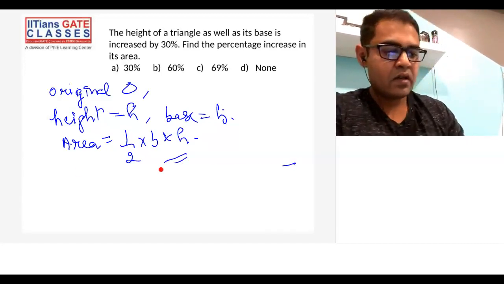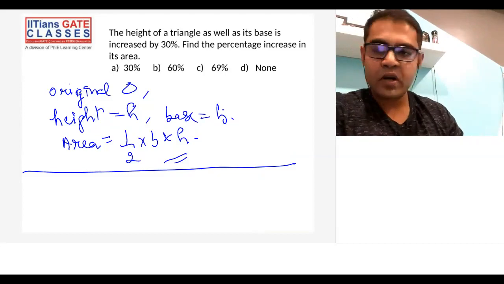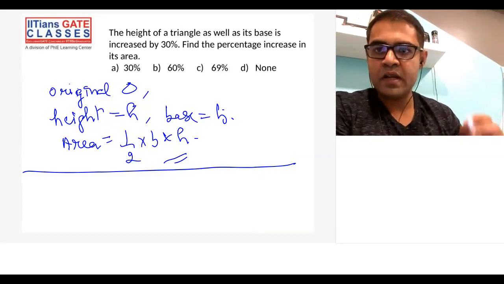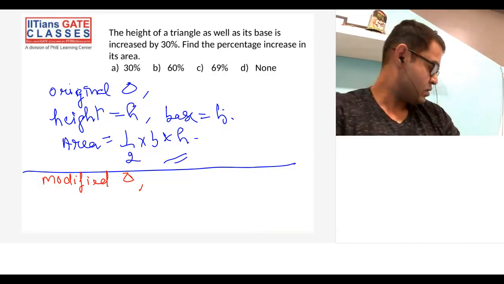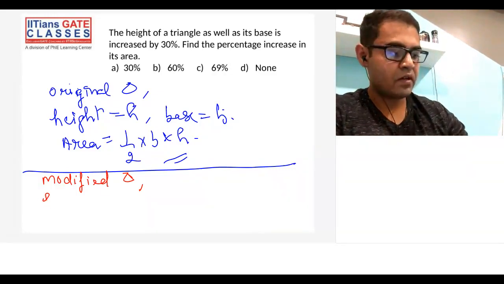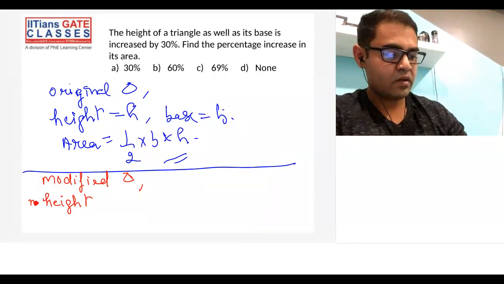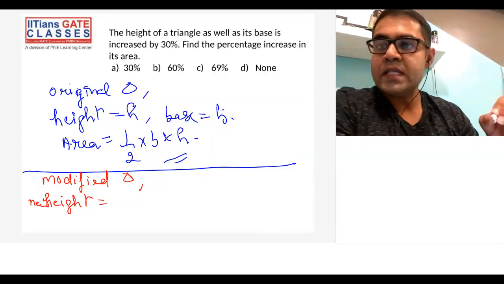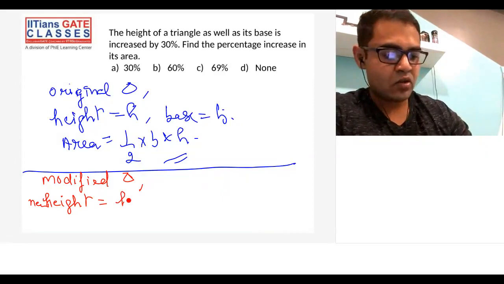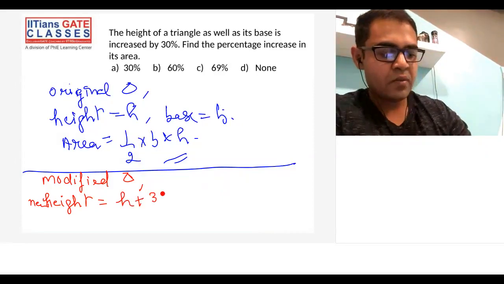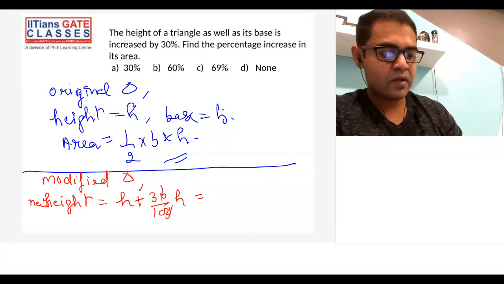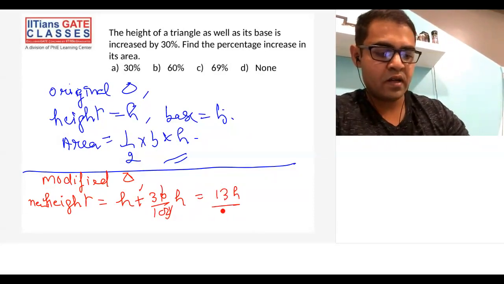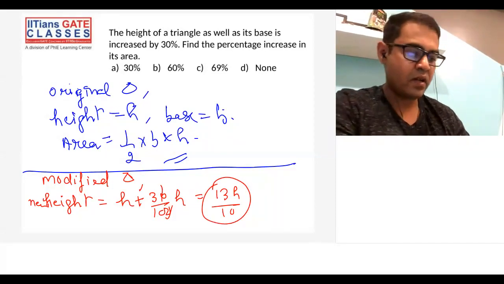Now the second case is, if I modify my triangle, that means my height and base are increasing. So in the modified triangle, let's see what the things are. In the modified triangle, my new height is equal to what? It is increased by 30%. So that means old height, whatever it was, plus 30% of old height. When I calculate, you will get this as 13h by 10. Okay, 13h by 10. And similarly,